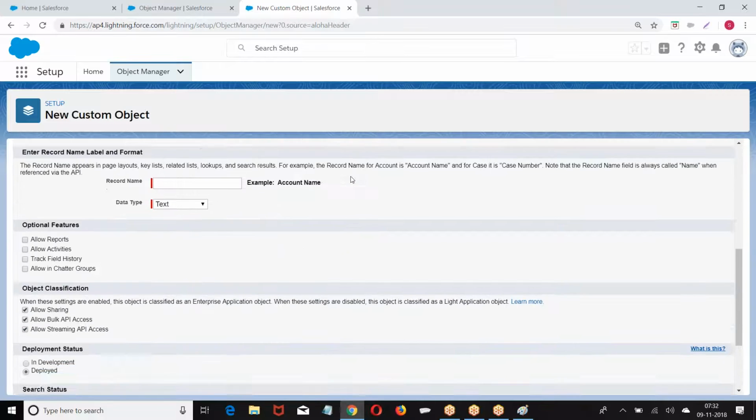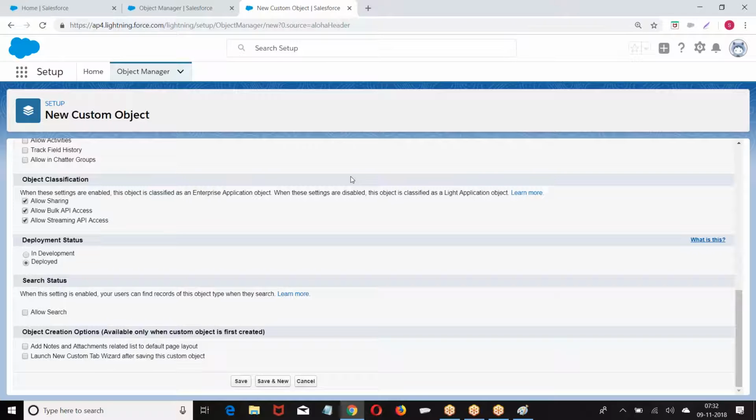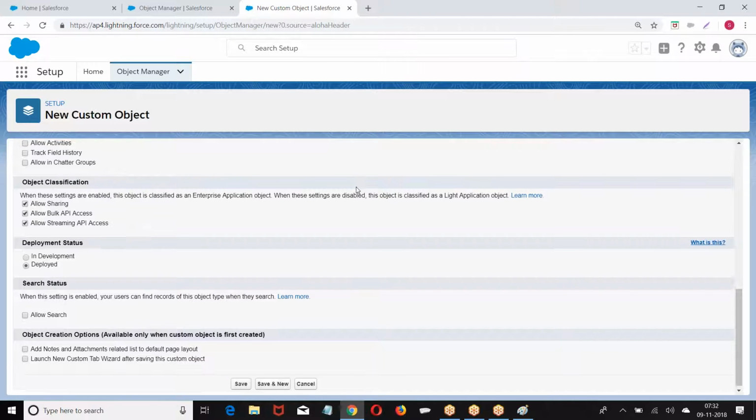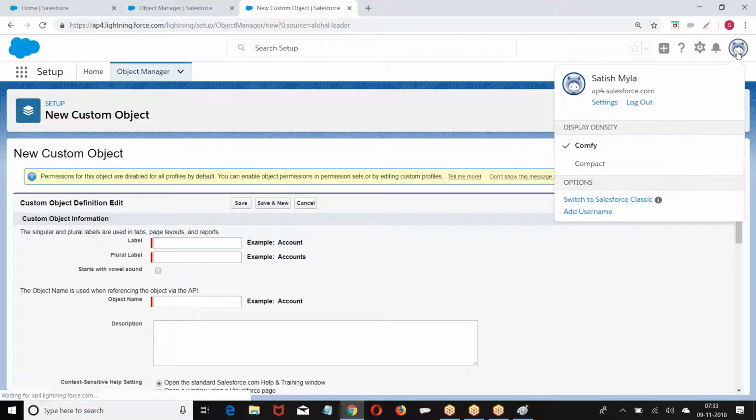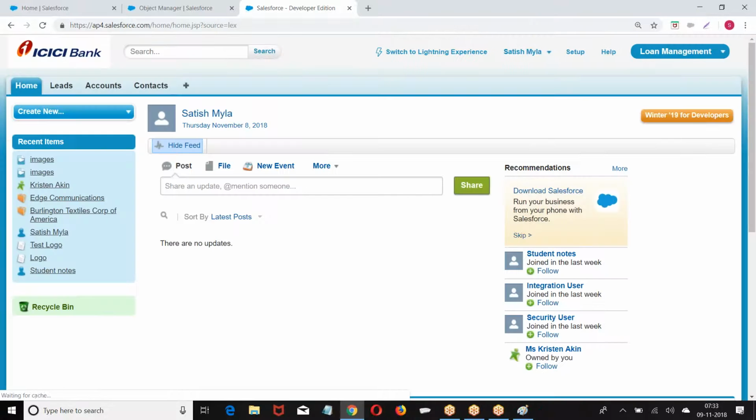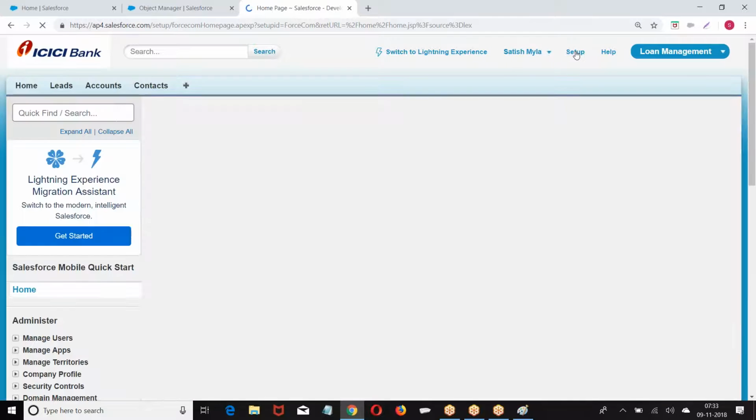This is how we got, right? So what is changing here? Navigation is changing. But once you navigate, what we are getting is the same, right? In both the cases, only navigation is changing. So what is the navigation for Classic? Setup, build, create objects, new custom object. If you go to Lightning, setup, platform tools, objects and fields, create new custom object or new object. Now let us see it step by step.